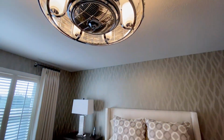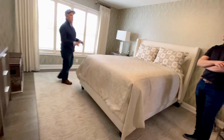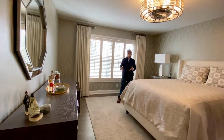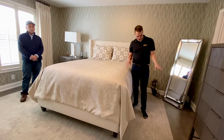As you can see too in the background, there's a lot of wallpaper. I see that. It's nice to see some wallpaper again. I know it was on the way out. Right, and this is nicely done. The contemporary wallpaper looks really nice. And I think did you add wood flooring? There was carpet in here before, and so we added new wood flooring in here, matched it